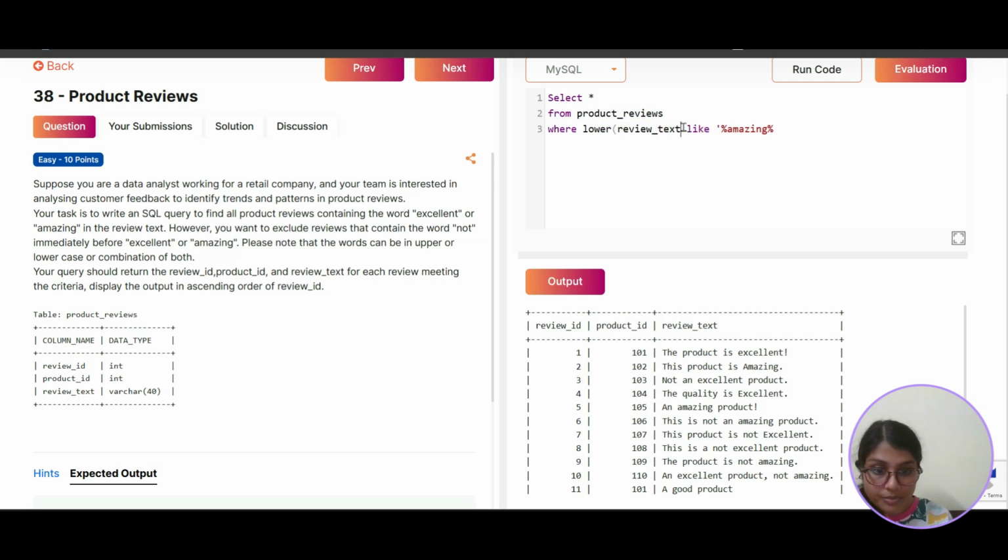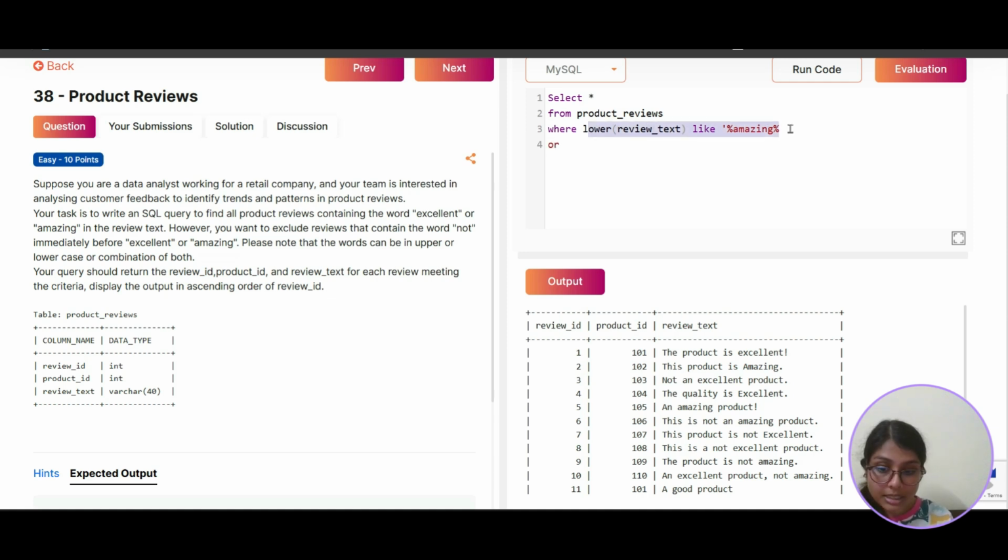Can we use this? Because it can be lower or upper or camel case. There can be any cases. So that's why let's just convert the review text to lower and then compare it with amazing. Or